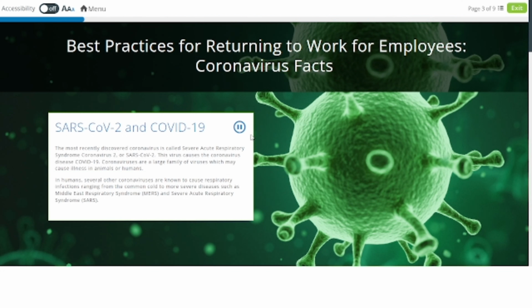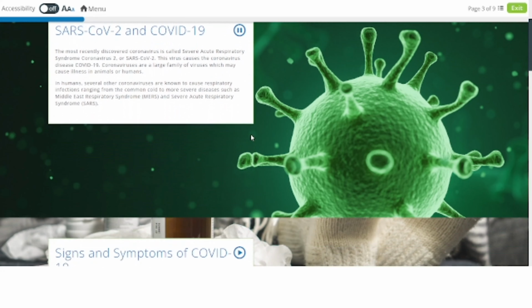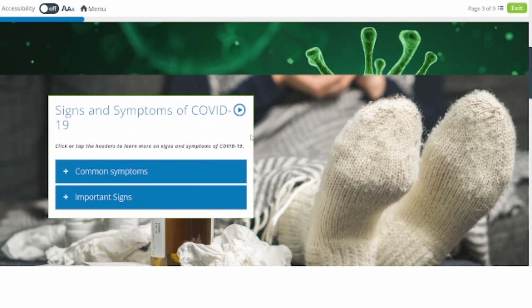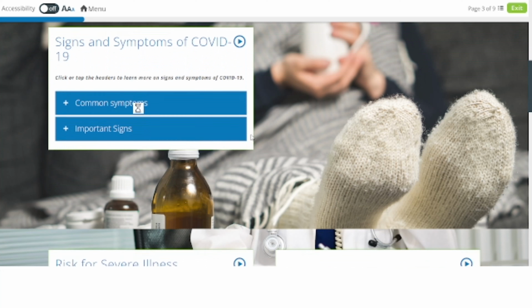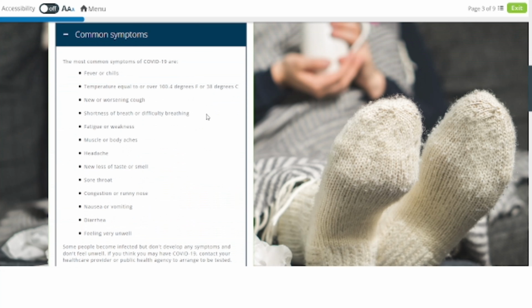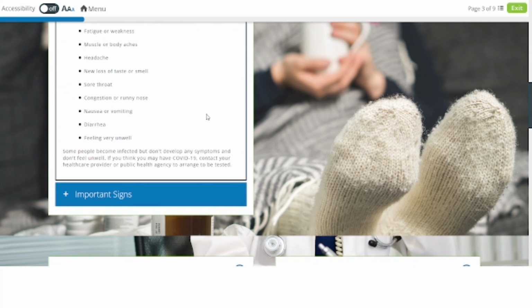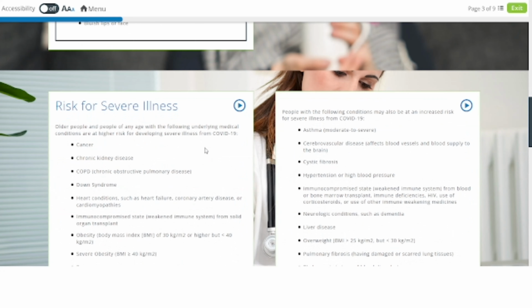SARS-CoV-2 and COVID-19. The most recently discovered coronavirus is called Severe Acute Respiratory Syndrome Coronavirus 2, or SARS-CoV-2. This virus causes coronavirus disease, COVID-19. Coronaviruses are a lot.